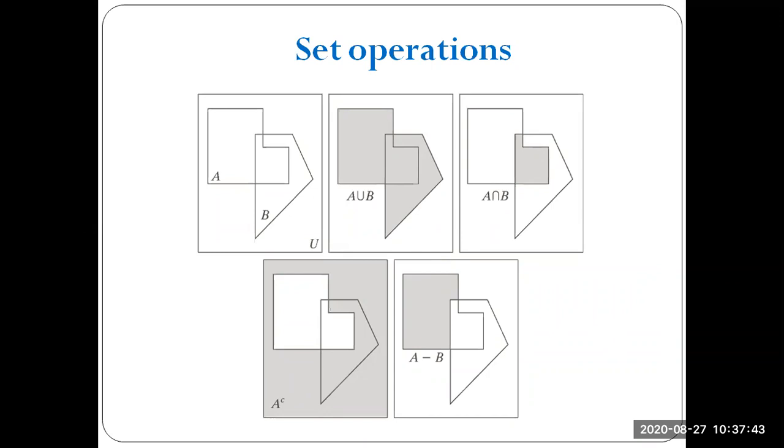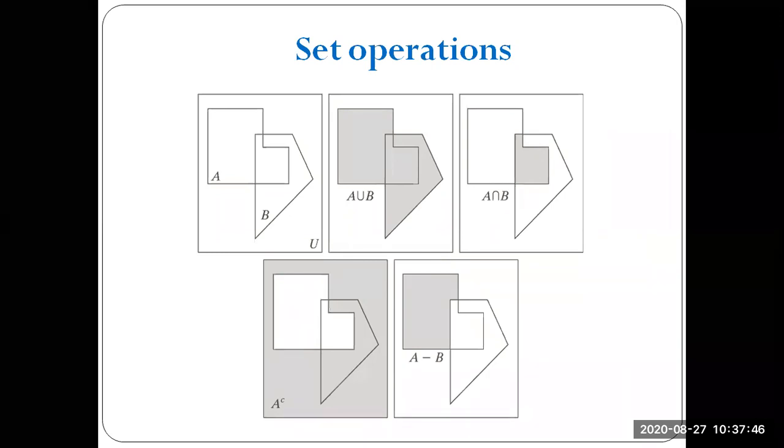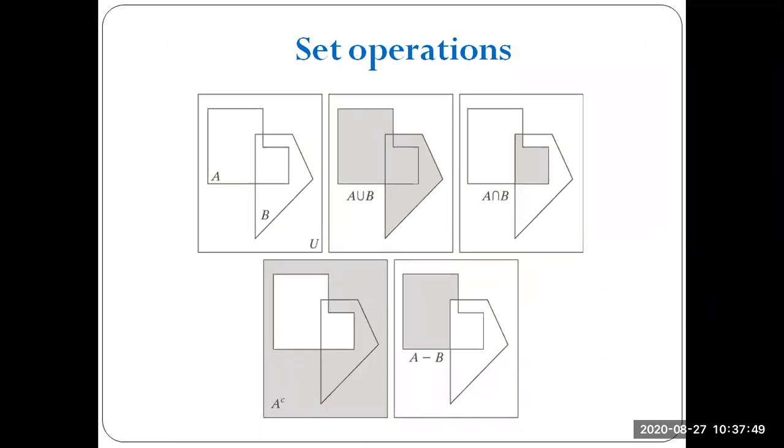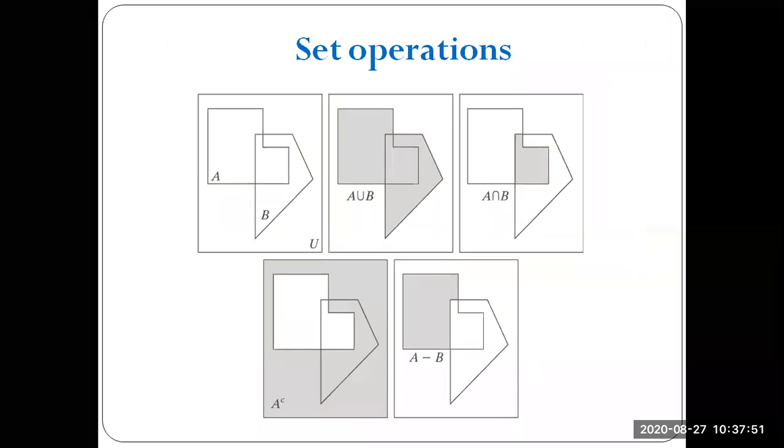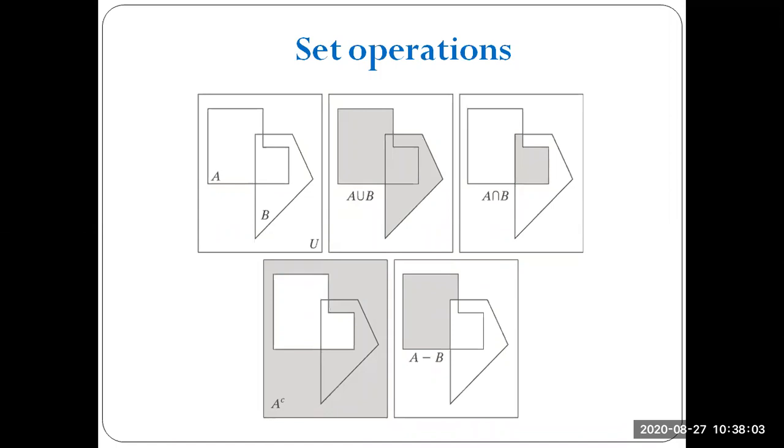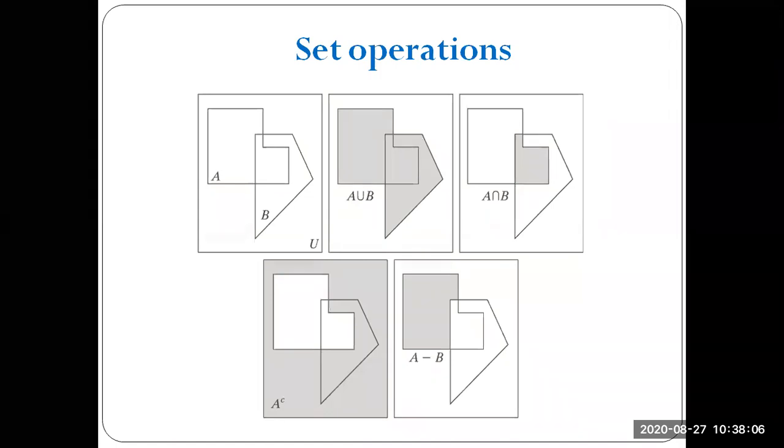So the next operations are set operations. What are the set operations? Here, set operations A and B, and how we are operating these operations in image processing. Here I am considering this is the union set. This is my entire image, but there are two sets. I am dividing an image into two sub-regions, region A and region B.